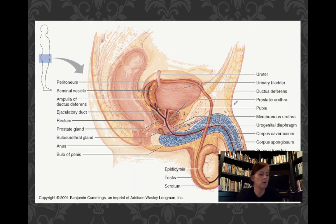Okay, so we have 3 glands that are present in the male reproductive system that contribute to semen. And what happens is that they all contribute in a different way. So they're all there to increase sperm mobility. They're there to provide sugar for energy for the sperm, or to improve the fertilizing ability of the sperm. Okay? So the first gland that contributes to